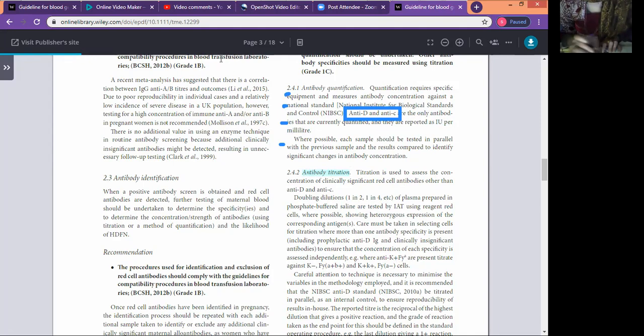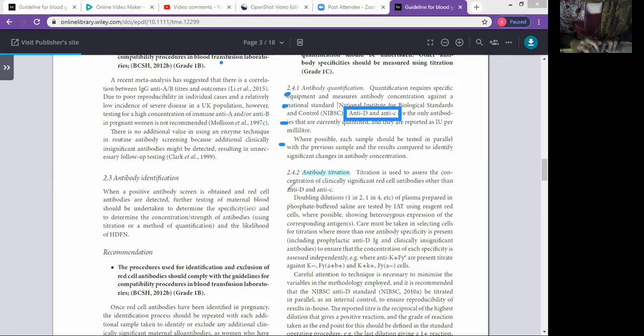Now the various guidelines to go about this are the same as we have for the above. We'll be highlighting those. How we actually go about this is that first the doubling dilution is done using phosphate buffered saline, and we go up to the I8 stage. The phosphate buffered saline is added to the patient's plasma. The plasma is taken, and we add the reagent red cells which show the heterozygous expression of